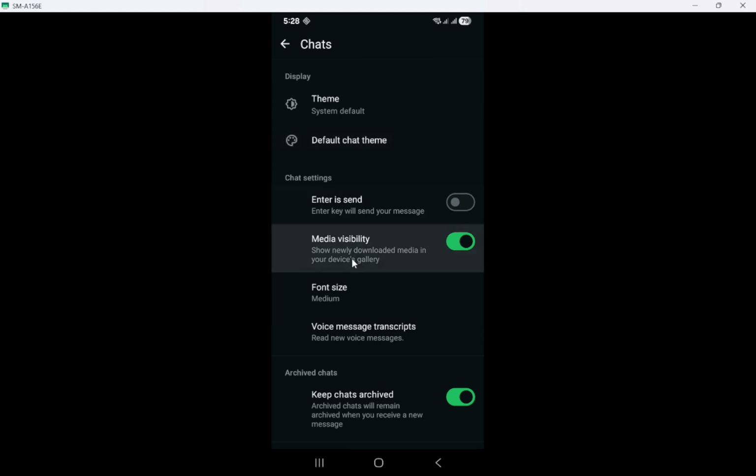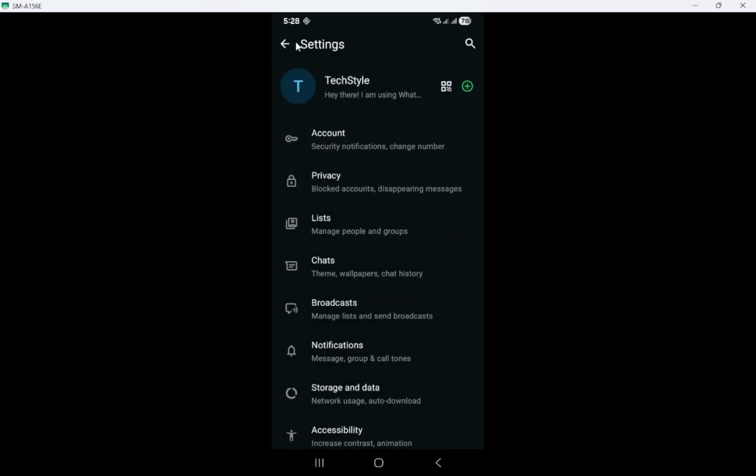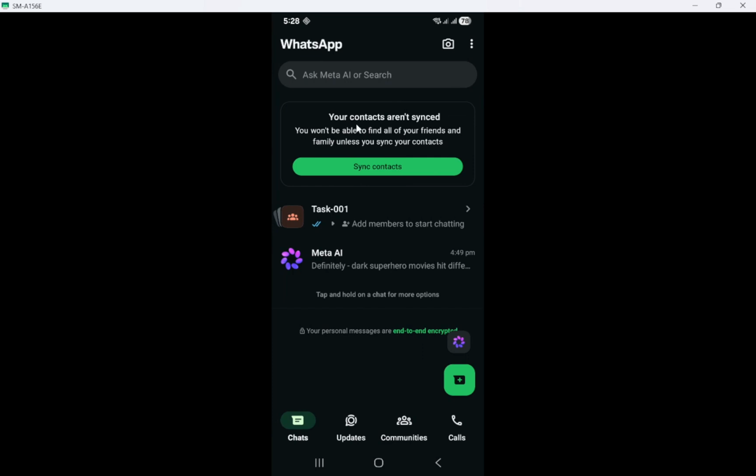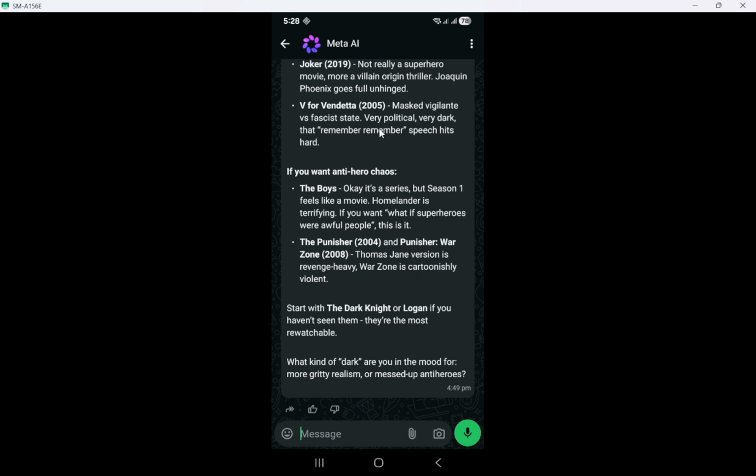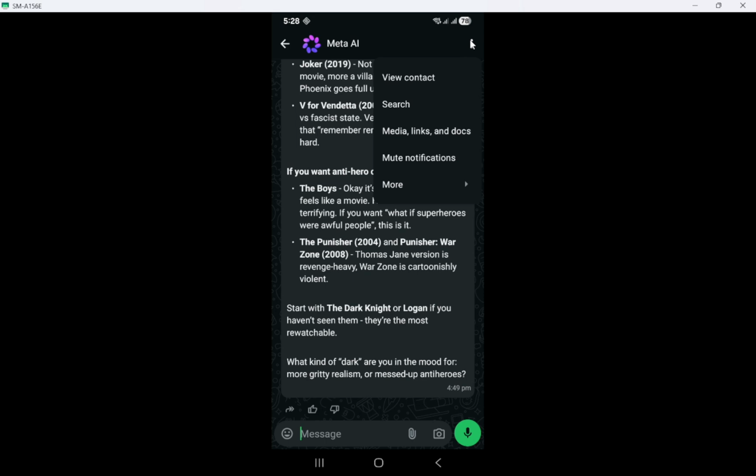However, if you go into Chats and you do not see a setting called Show Meta AI button, that usually means your version of WhatsApp does not support hiding it. And this is the situation many users are currently running into, even on fully updated versions of the app. So if the setting is missing, it's not necessarily something you did wrong, and it doesn't always mean your app is outdated. In many cases, WhatsApp simply hasn't provided that option on your account or device.